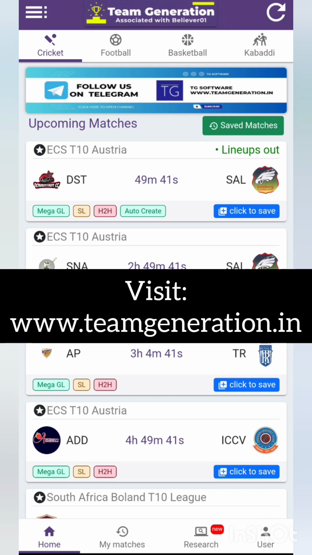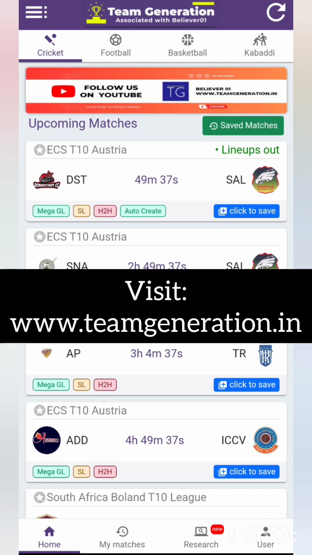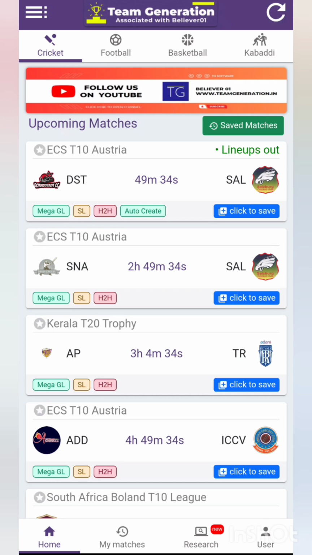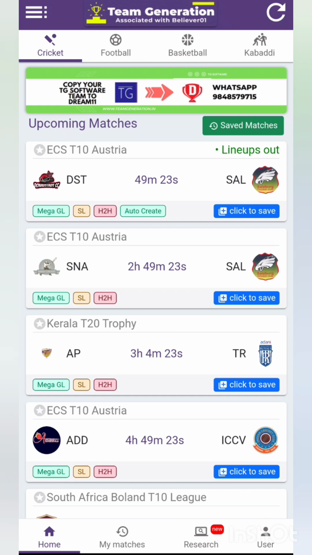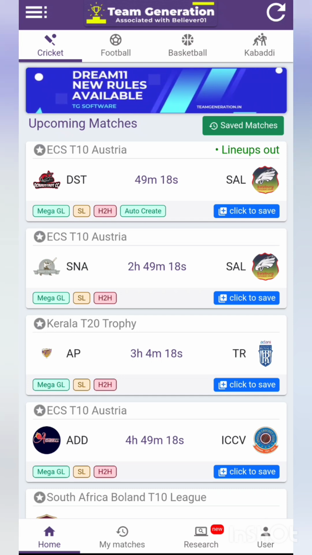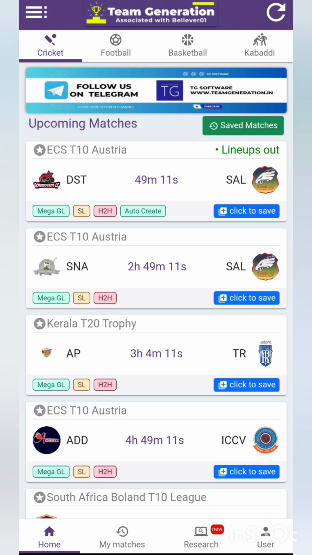So what this means is, let's say you have 5 friends or 10 friends and you want to create 200 teams. Normally, joining 200 teams on your own with a single account is not possible, right? So if you have a group of friends, you can share 20 teams, 20 teams, 20 teams to each of your friends or group members, so that you can easily join those 20 teams within a fraction of seconds with the advanced features we have, like sharing all the teams to whatever the fantasy application